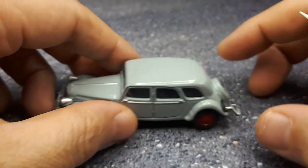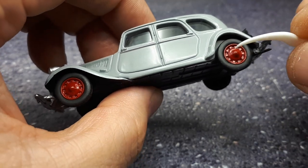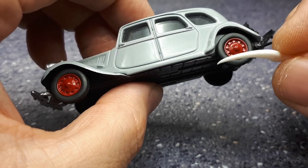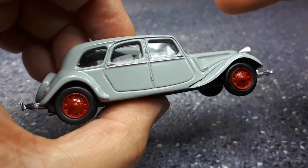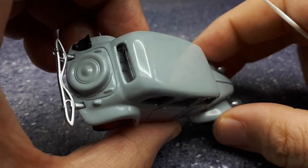Yeah, I think Norevs are meant to be played with, so it does roll. The tires also have nice curvature to the sidewall. They look like old classic tires bulging out like that. Alright, well, I gotta say, it's pretty nice. I like it. There are definitely some quality control problems, but again, it's not a very expensive model, so